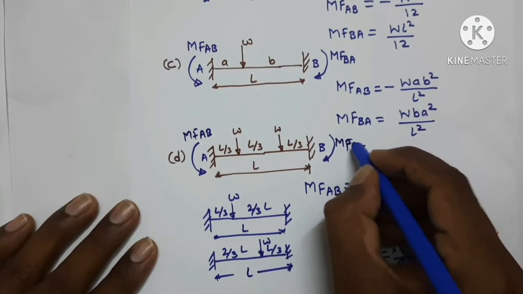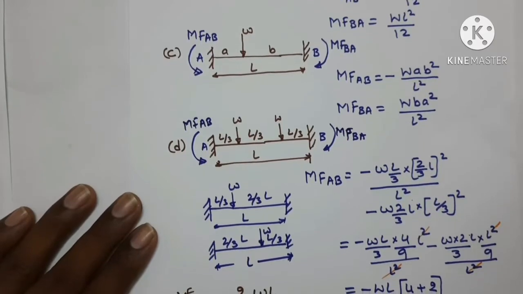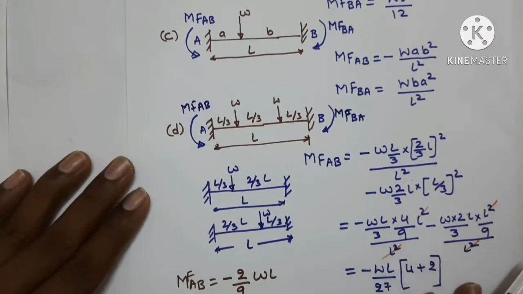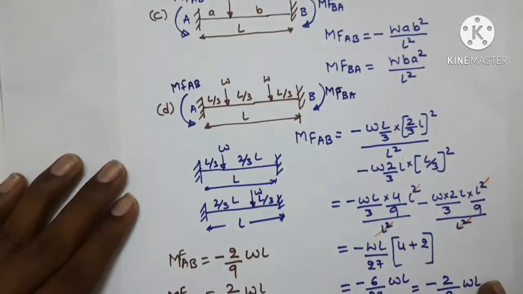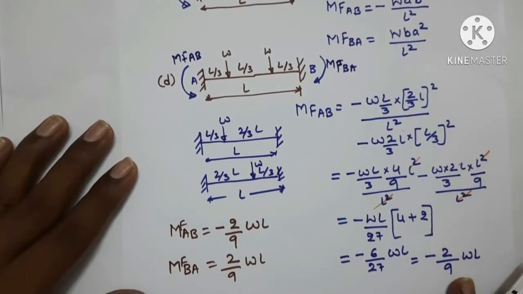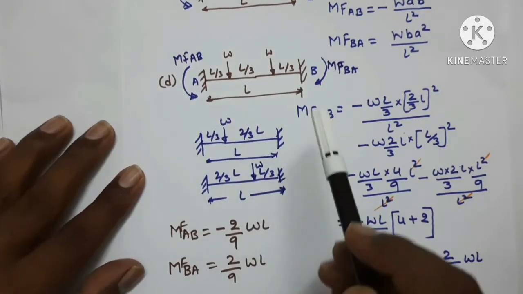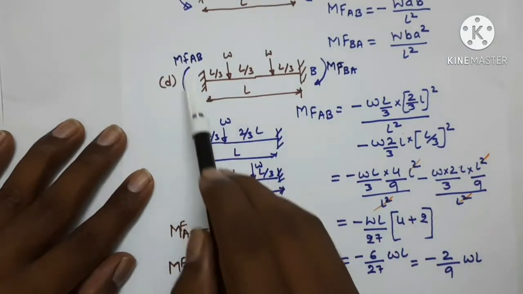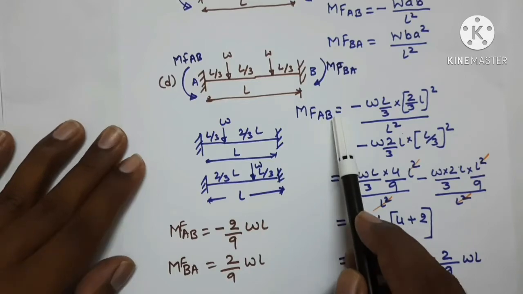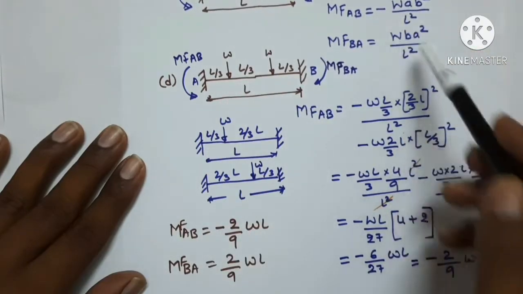Okay. In this case, I will give some explanation how this value appears. Some of the students, in some cases, will think about how the value is arrived. If I show it properly, then only you can understand. Here, in the case of this particular example, we have fixed end moments at this end and this end. I will start with the A end first. MFAB is equal to, you can observe the same application I have done here.